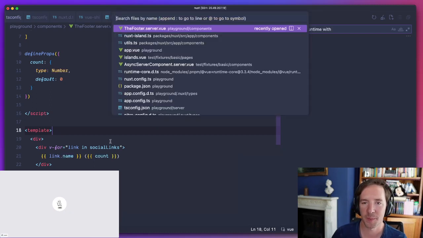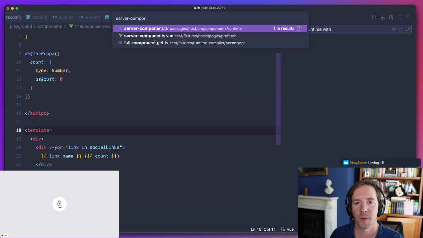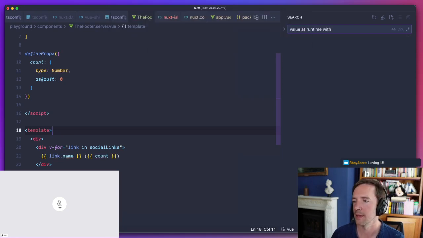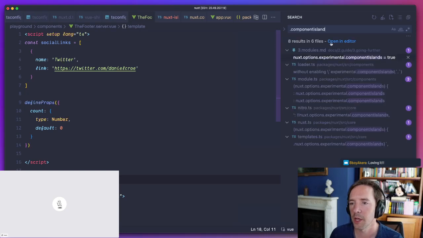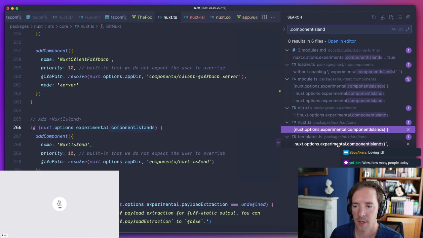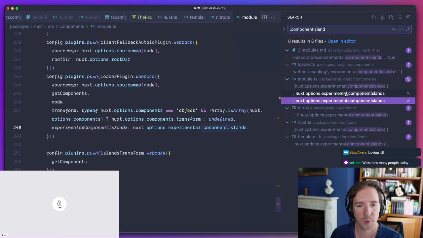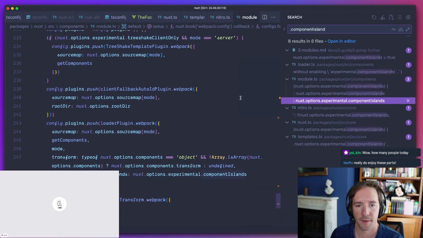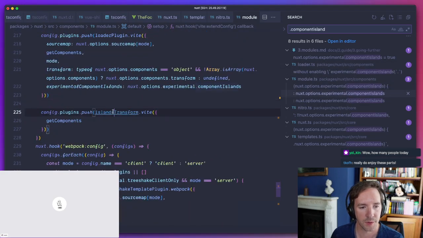So basically we do a transform for server components as part of the build, which basically transforms them. So let me see if I can find it. I'm looking for our option because we enable the transform conditionally. And so if the option is enabled, then we have this islands transform function.